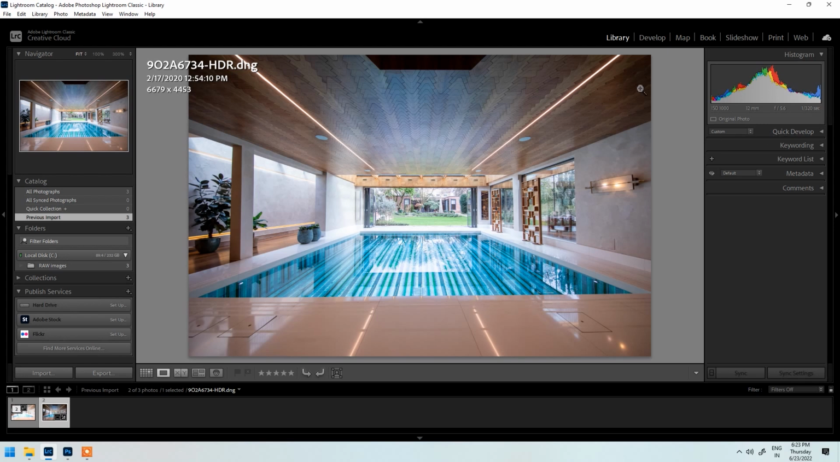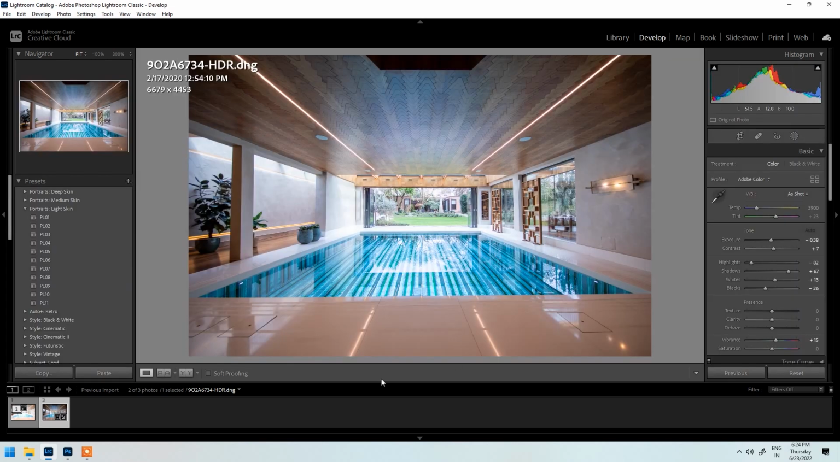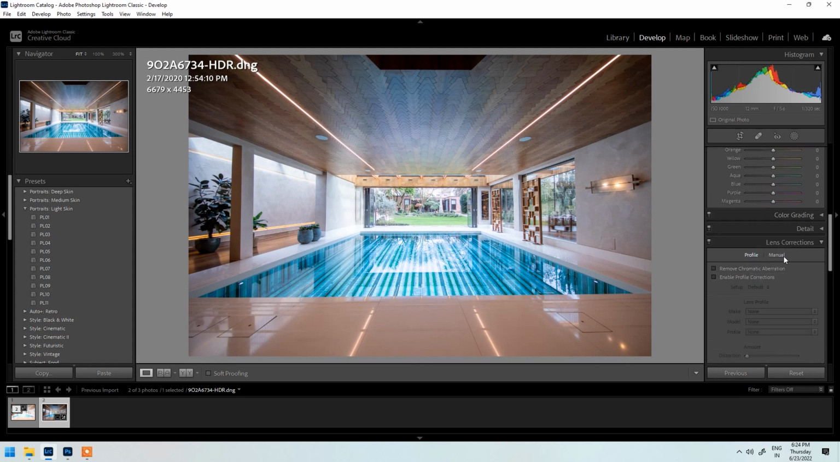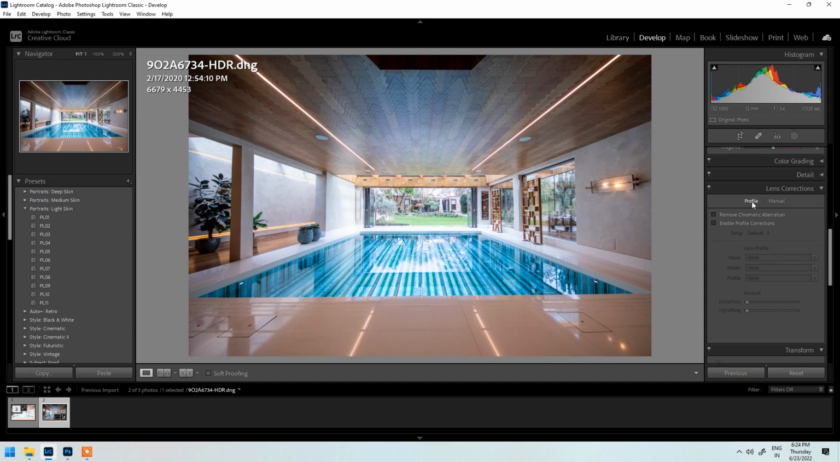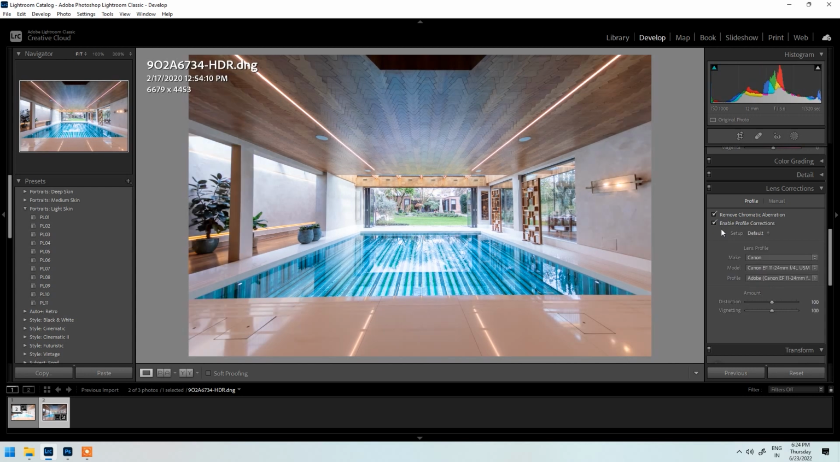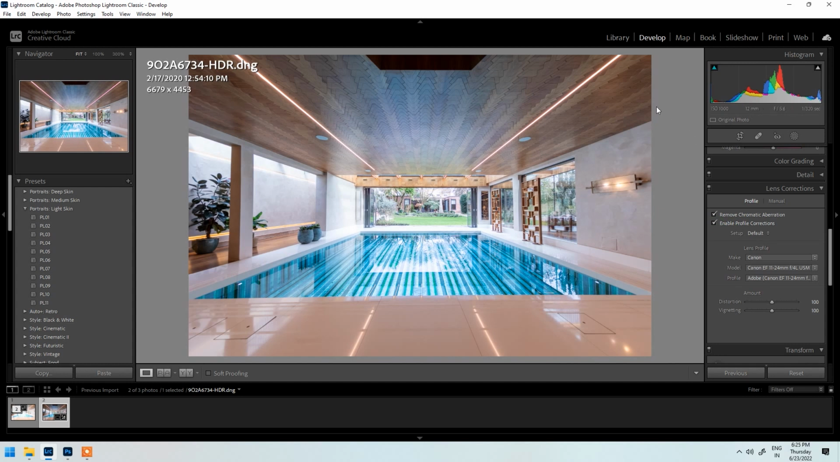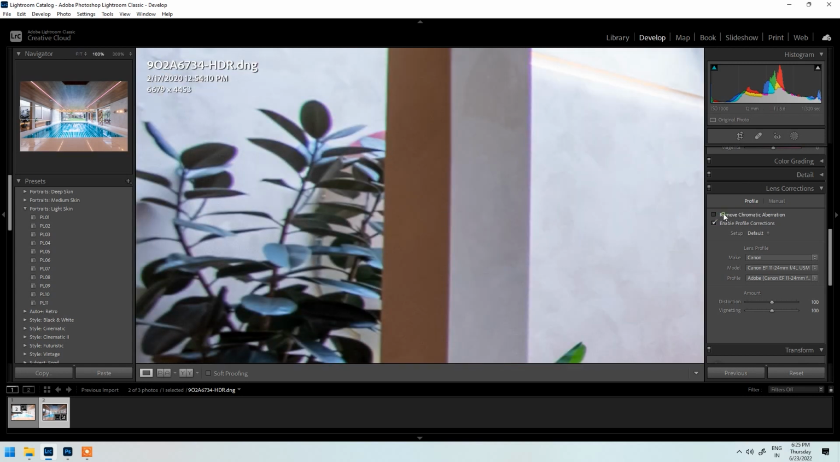Step 4, lens correction. To do the lens correction, we have to go to the develop module, then scroll down and go to the lens correction panel. Over here we can see profile. Under that we have to check on remove chromatic aberration and enable profile correction. Enable profile correction will add brightness to the corners. It will actually remove vignetting from the corners, and this other option is going to remove chromatic aberration